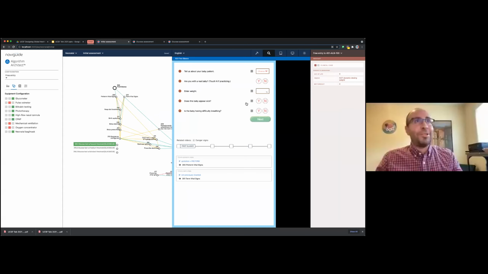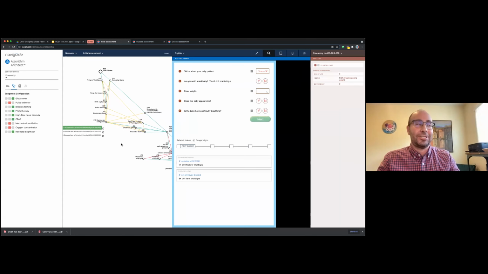When we first started with NoviGuide, we used to call the tablet the NoviGuide. But today, this is what we would call the NoviGuide. The NoviGuide became a platform for taking any clinical algorithm and working on it in a transparent way to generate end user applications. Let me show you its key features.